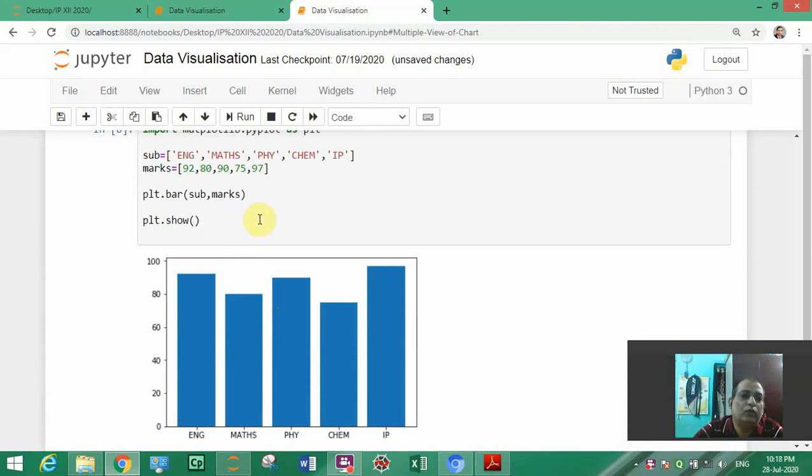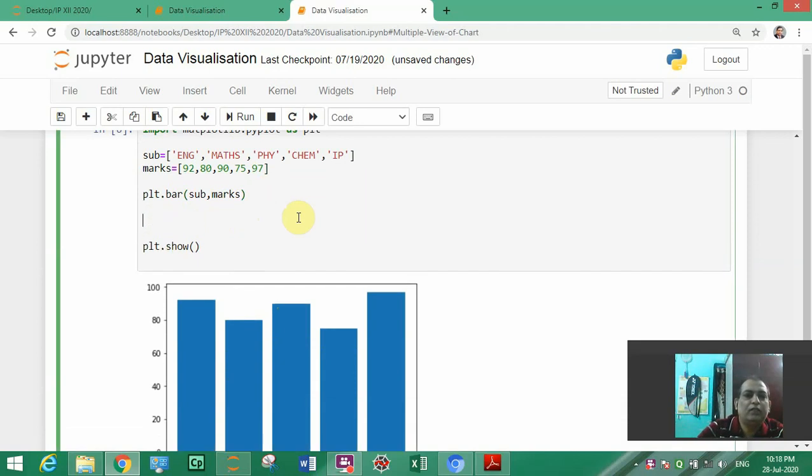For that, you can write before the show statement, anywhere, plt.xlabel, label spelling, and what is x axis showing?